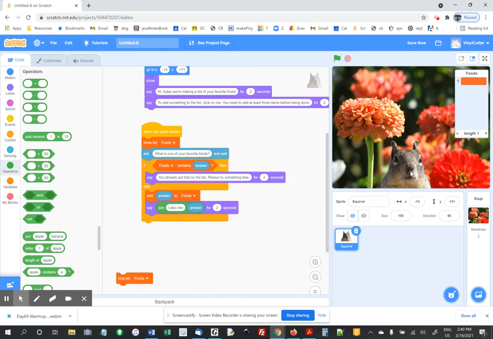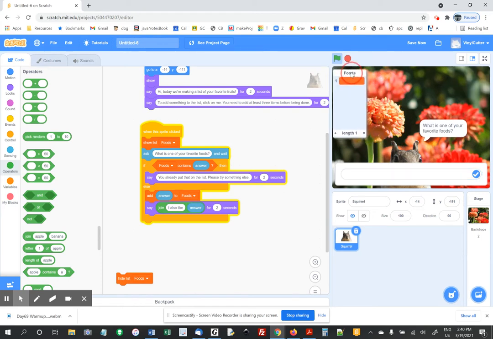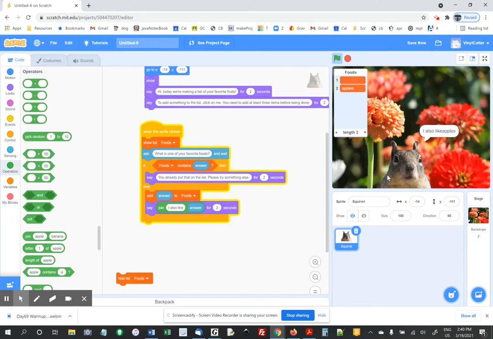All right. So every time you click on him, it says, hey, what's one of your favorite foods? I guess I better move this so it doesn't block. And I could say apples. Apples in the list. Don't worry about the empty item. And if I click on the squirrel again and say apples, it's going to say, you already put that on the list. Please try something else. Okay, so this is how we do it. Bananas,